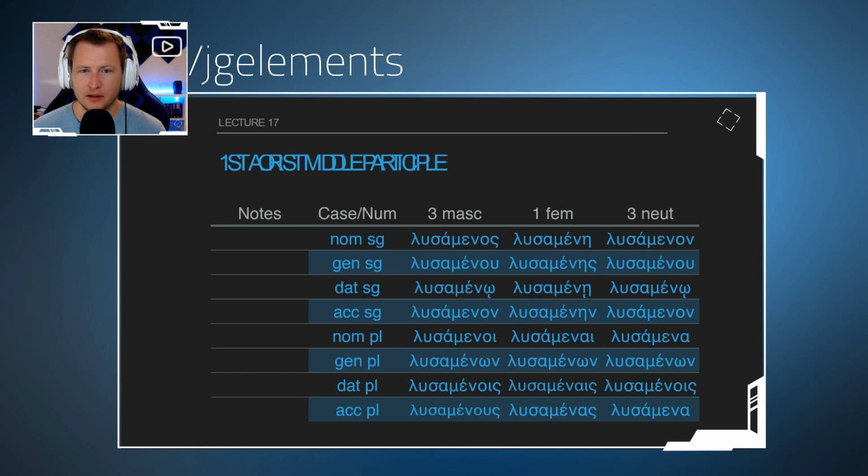Here's the first aorist middle. Here's that lovely, weird format issue that happens when I share it from the browser. Men in the middle. If you see men in the middle, not at the end, you know it's a participle because that's the middle participle morpheme. So you have li, you have sa, you have men, you have case endings. That's the third masculine. Lisa menos, lisa menu, lisa meno, lisa menon, lisa meni, lisa menon, lisa menis, lisa menus. Okay?